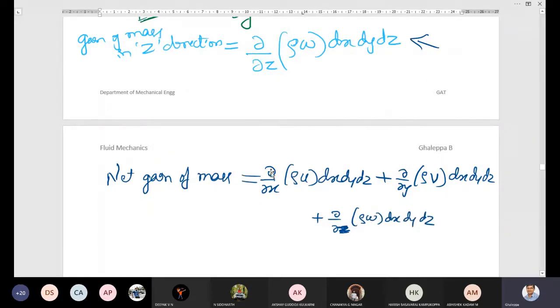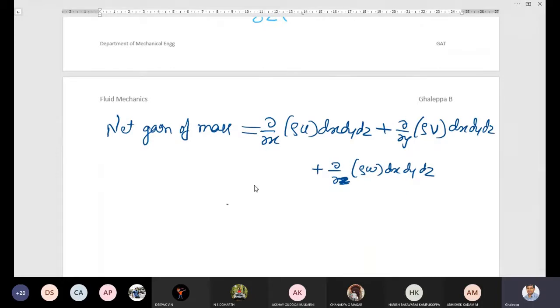Is there any common term on the right hand side, so you can make this equation easy? Constant term: dx dy dz. Yes, dx dy dz is a constant. It is here, here, and here. Somebody said rho is also constant, and you are correct, but for the time being I will assume it is compressible, because I have not yet decided whether compressible or incompressible fluid is flowing through the fluid element. We don't know, so I will not assume it is constant. I will take it as variable; you can also assume that, no issues.